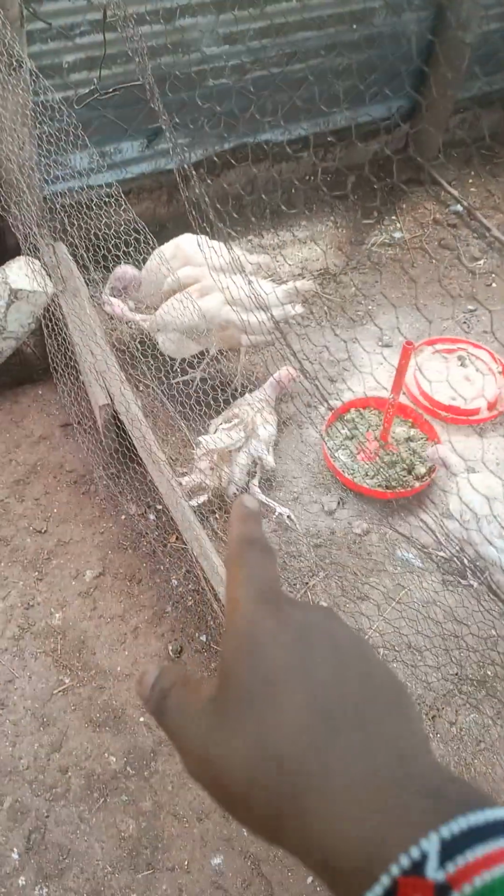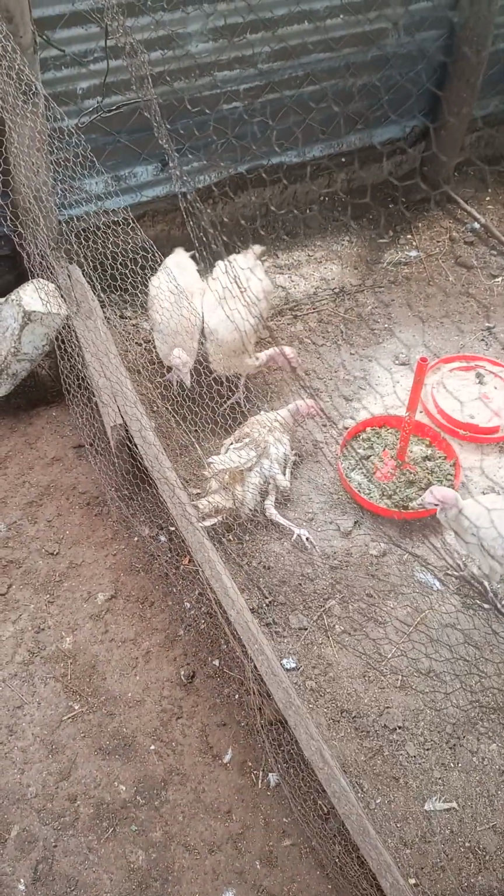So I was just talking to my boy. I told him that we should get a kind of syringe that we need to feed this guy here. I think we're losing this guy now. This one here, she wants to eat, but she